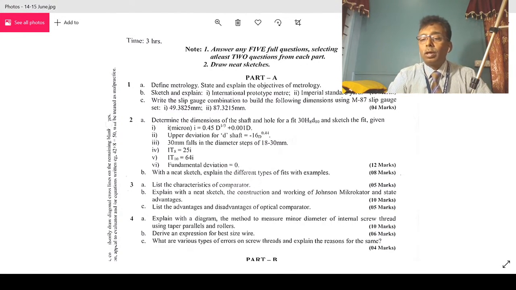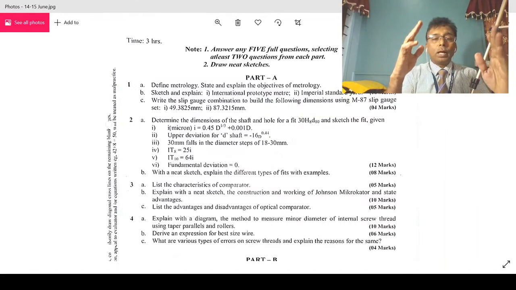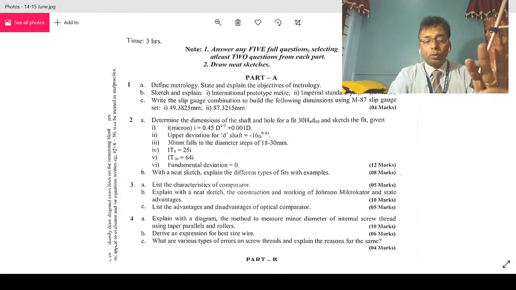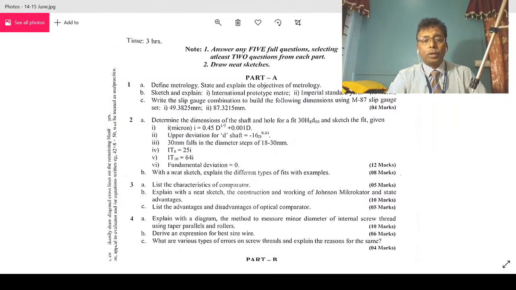Just let me see who all are online. 7 students, Musharraf, Abhishek, Chetan, Anant, Musharraf. I am going to solve. I will tell you the way to solve this problem given in the question paper. I will show you. I will highlight that first and then I will go ahead with solving the problem here using the drawing sheet. Okay.